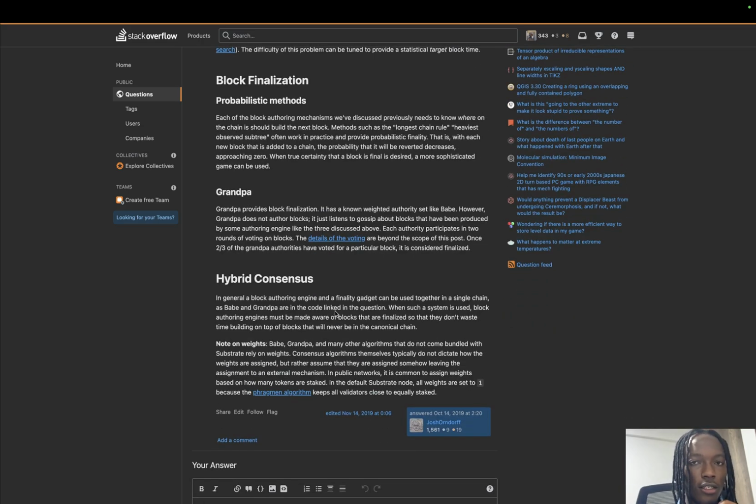Then we go to block finalization, which I'd say is interchangeable with reaching consensus. Probabilistic methods, which are block authoring mechanisms. Longest chain rule. Okay, I've heard of that before. Where the longest chain is will generally be the most secure. If a chain is longer, it means that it's more secure. Something to do with you cannot